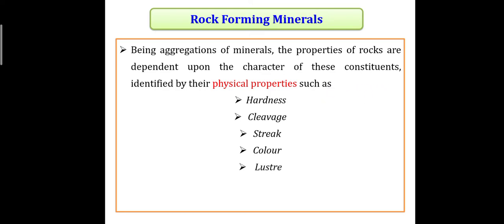Luster is the appearance of the stone. For example, mica is a stone, and when you look into a mica sheet, you can see a glass or black color, it looks just like glass. So the appearance of mica is called glassy luster. Sometimes the luster can be pearly luster. What is pearly luster? It looks like a pearl. When you take a pebble and look at it, it will have a luster of pearl.